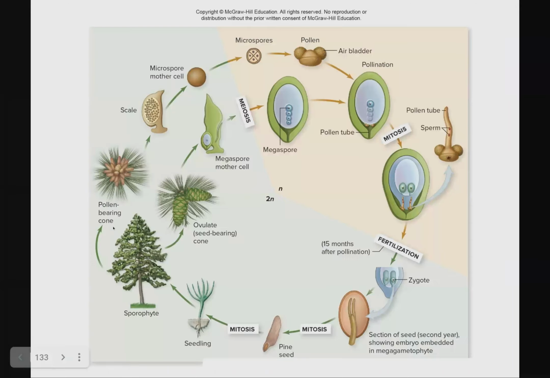So we have one single sporophyte, so it's a 2N plant. It's developed from a seedling. Now, on the same tree, on the higher branches, we produce the pollen-bearing cones. These are the ones you kind of know and love. And then we produce